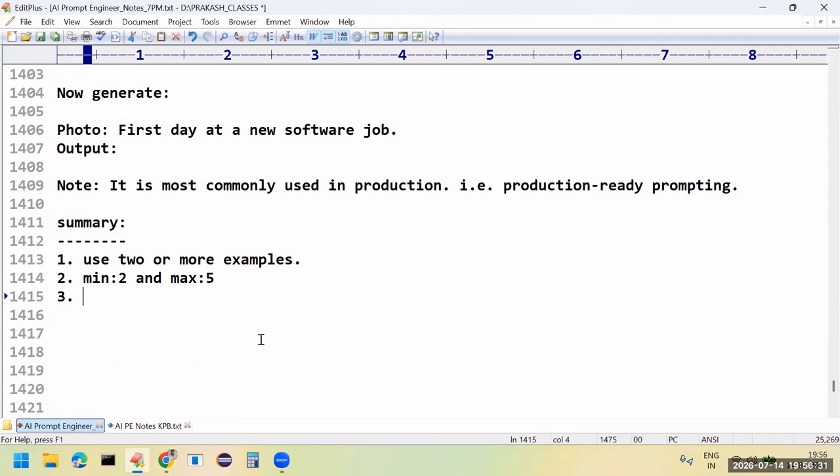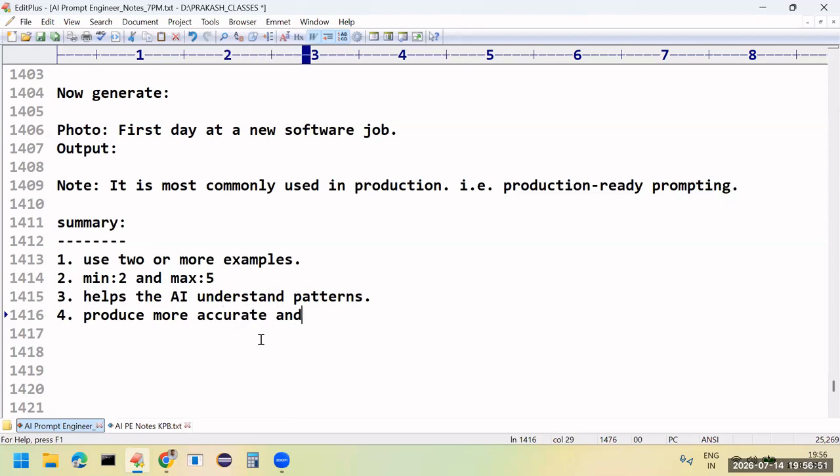Next, it helps the AI understand the patterns that are there. It will produce more accurate and consistent responses.